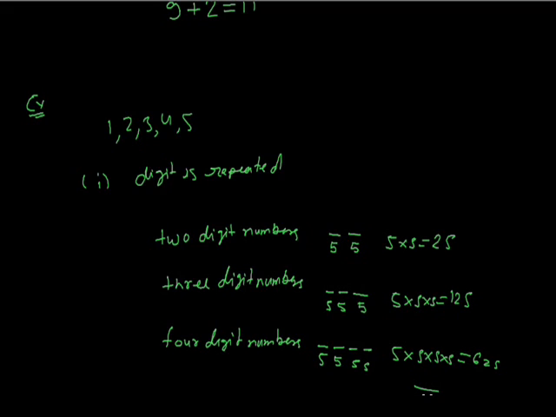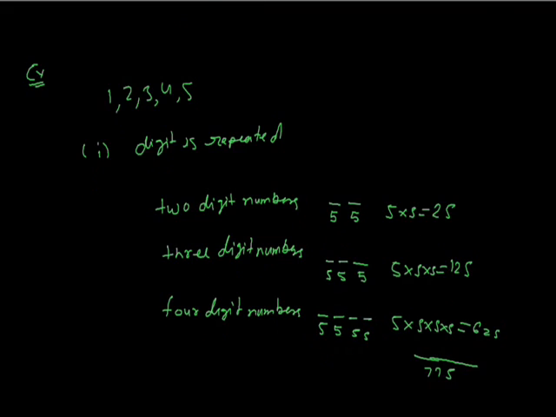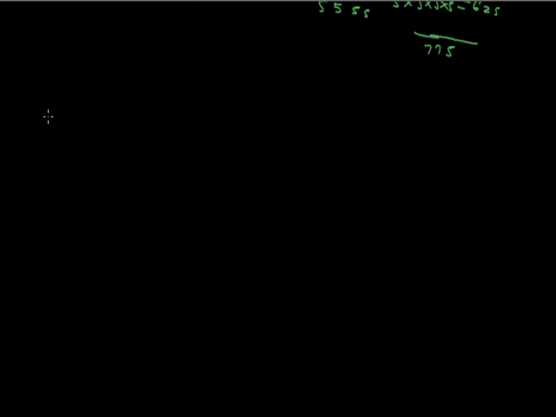So the total is the sum of 25, 125 and 625, which is equal to 775. So there are a total of 775 numbers between 10 and 10,000 using the digits 1, 2, 3, 4 and 5. Similarly for the second case,